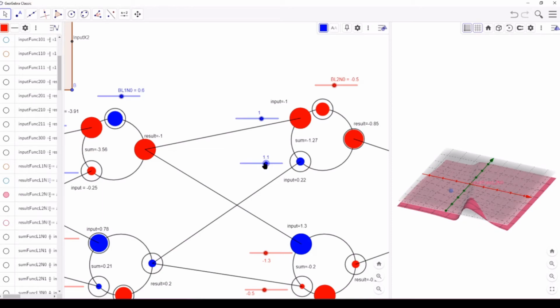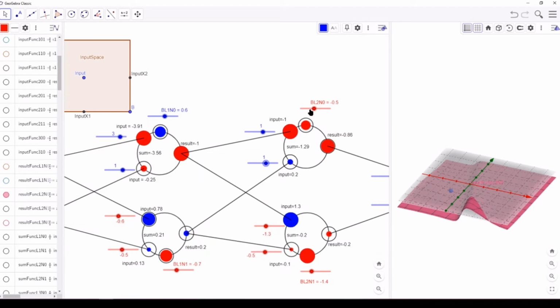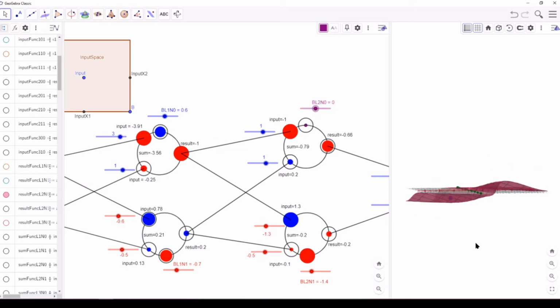So here we can, for example, add up the two functions. Yeah, we add them up, and then we see